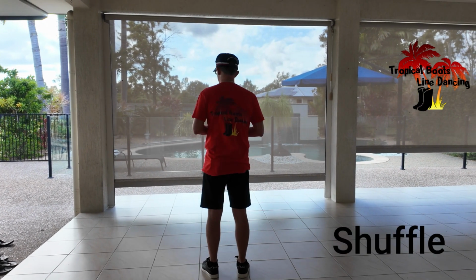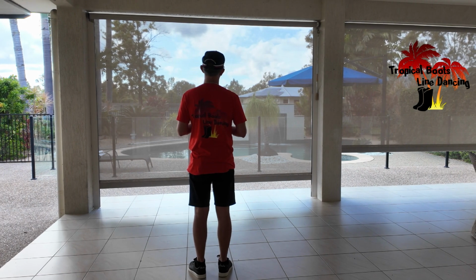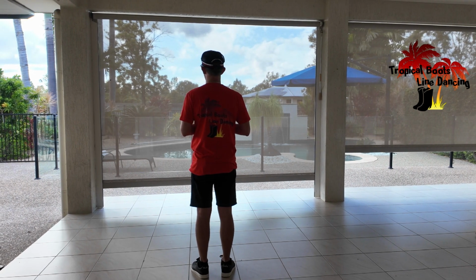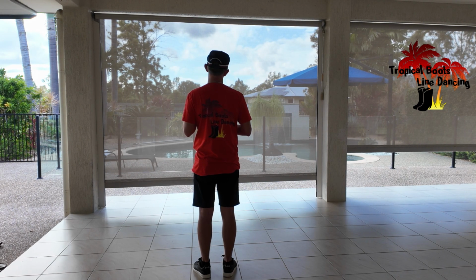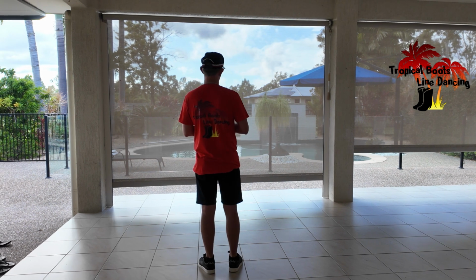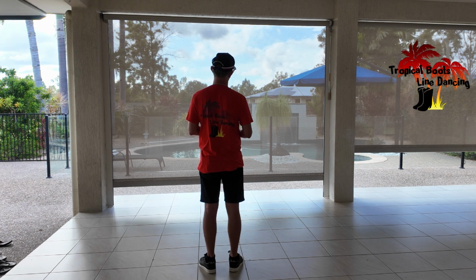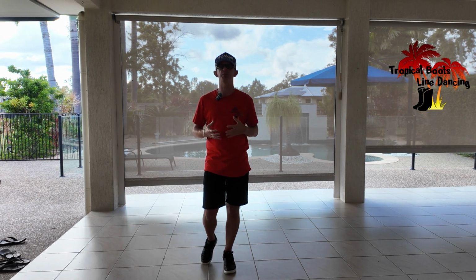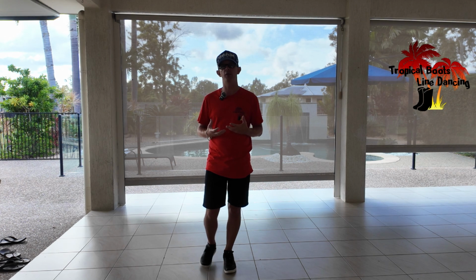The first one is called a shuffle. There are different variations to a shuffle. There is a forward, a back, a side, a cross. There can also be a turning shuffle as well. For this purpose at beginner level, we're just going to be doing the standard forward, back and side to side. The other variants like cross shuffles and turning shuffles, I classify as improver level steps. So if you haven't already, go back to our absolute beginner terminology to make sure you're familiar with some of these additional things that we're going to be using to help with some of these steps